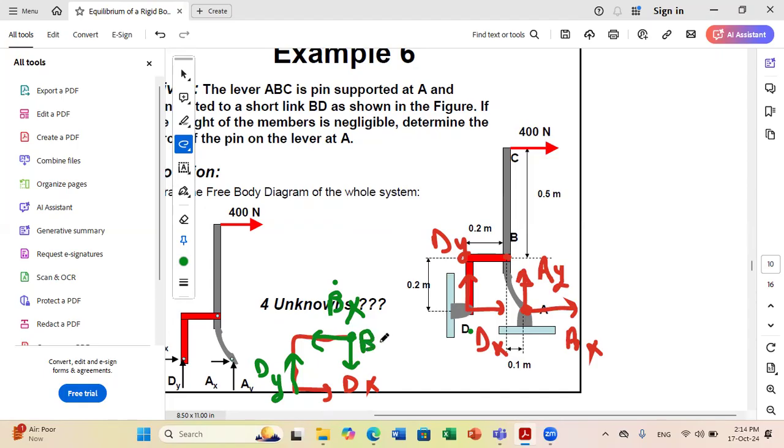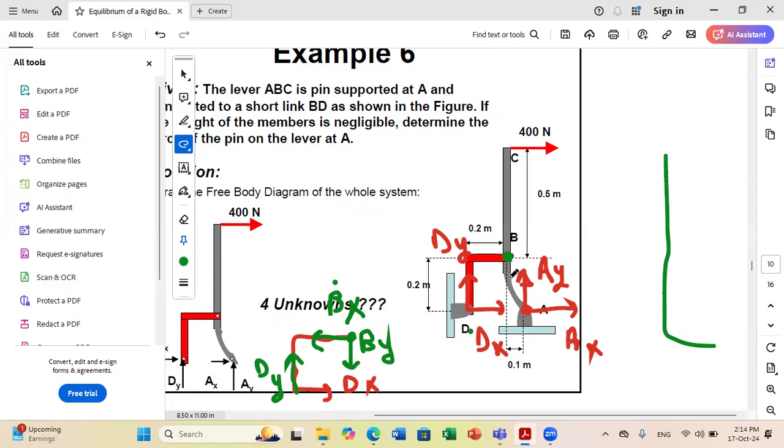And now, you know that B is common between the two. We call it an internal pin. So when we take BD alone, the internal pin will become external. That's why when I take BD alone, I should consider BX, BY. And then if I take now ABC, by the principle of action and reaction,